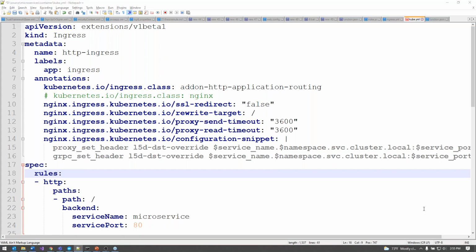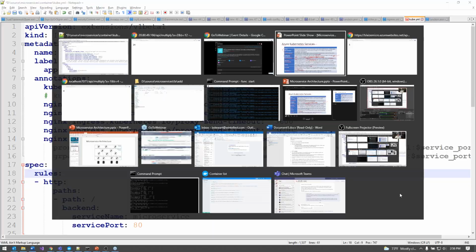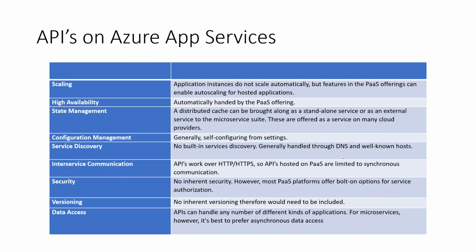Now, I have a couple other environments that I want to talk about that I don't have demos for, but one of them is APIs and app services, and this is a traditional approach. This is something you can do. I'm not going to say that this is a best practice or even an advisable approach. However, if you have an old microservice suite that you're running on, say, something like IIS,